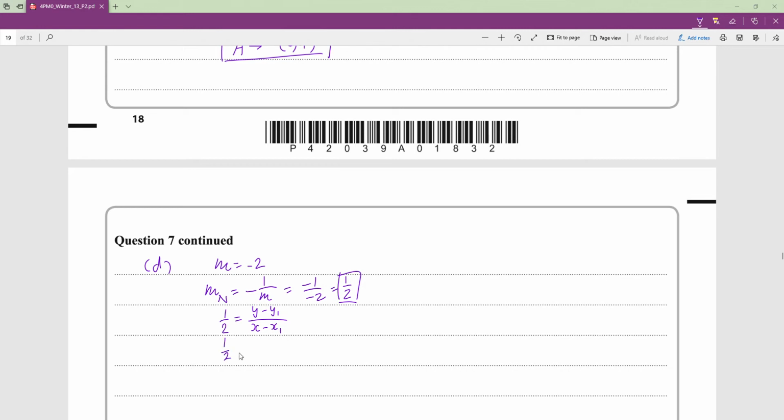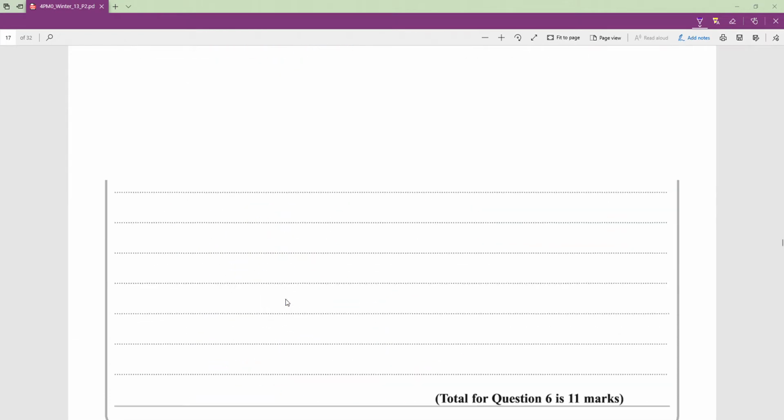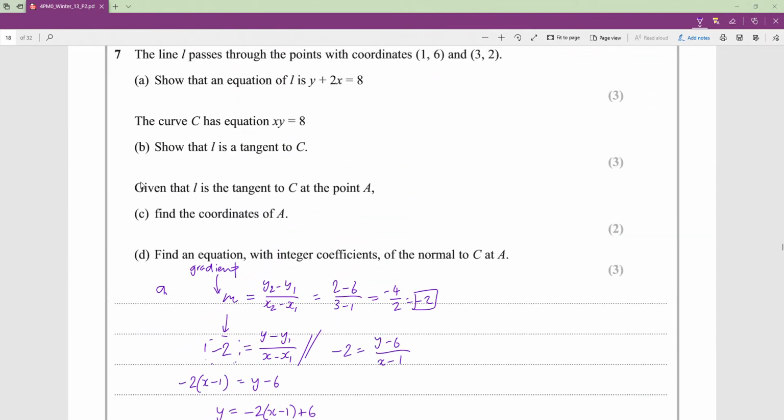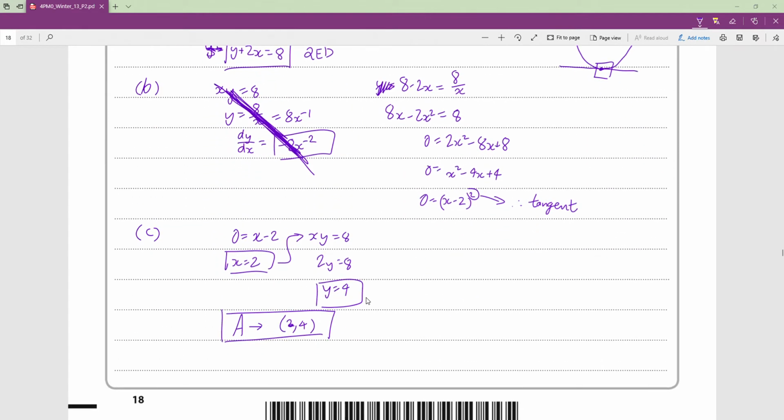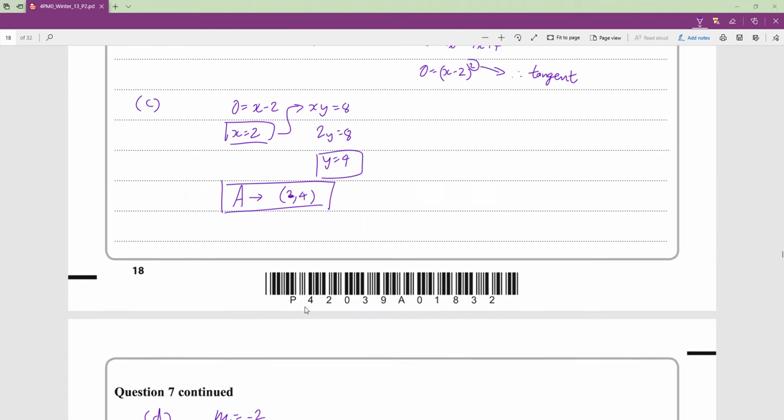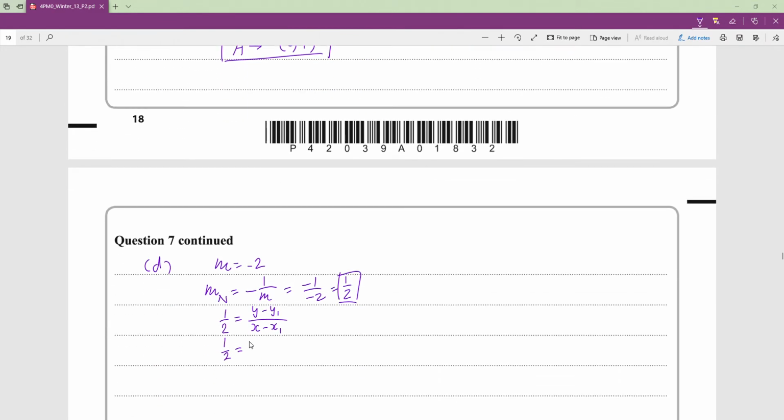So 1 over 2 is equal to, and we are trying to find the normal to C at A, so A being 2, 4, our x1 is 2 and our y1 is 4, so it'd be y minus 4 over x minus 2, and multiplying both sides by 2,